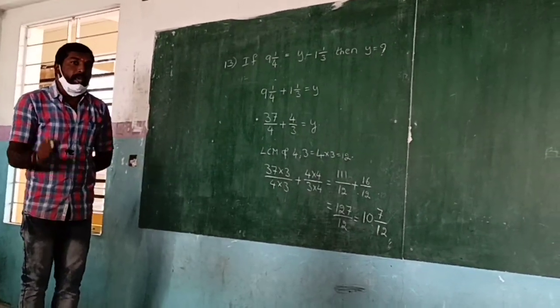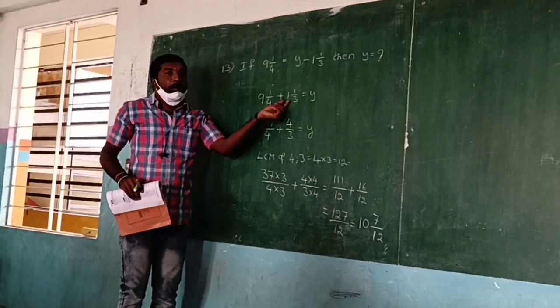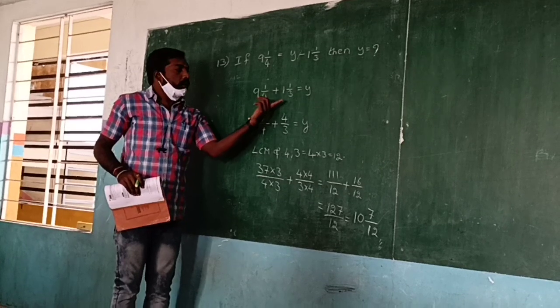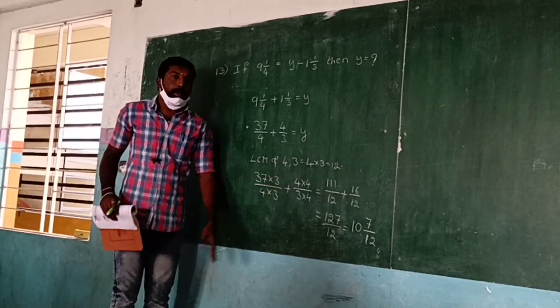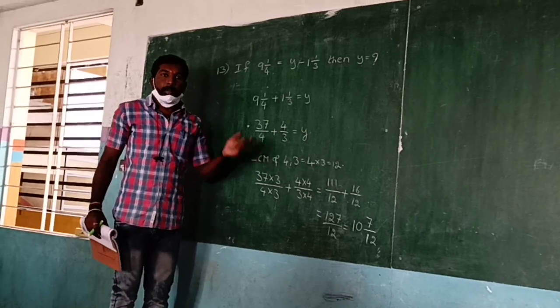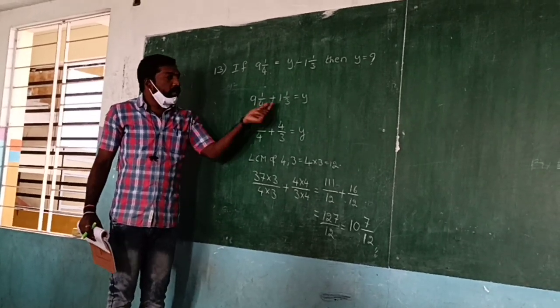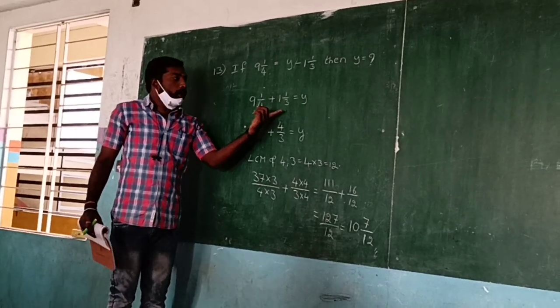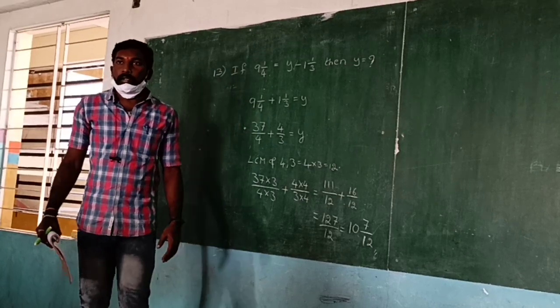Okay, na? Or else simply what you have to do? Whole numbers రెండు యాడ్ చేయడం 9 plus 1, 10. ఈ రెండు యాడ్ చేసినా వస్తుంది. 1 by 4 plus 1 by 3 చేస్తే 7 by 12 వస్తుంది. ఓకేనా? మిక్స్డ్ ఫ్రాక్షన్ లో ఉన్నప్పుడు ఇంప్రాపర్ ఫ్రాక్షన్ లో కన్వర్ట్ చేయకుండా ఈ హోల్ నెంబర్స్ రెండింటిని యాడ్ చేసేది. ఆ తర్వాత మిగిలిన ఫ్రాక్షన్స్ ని మీకు తెలిసిన విధంగా ప్లస్ కానీ మైనస్ కానీ చేయాలి. ఓకేనా?